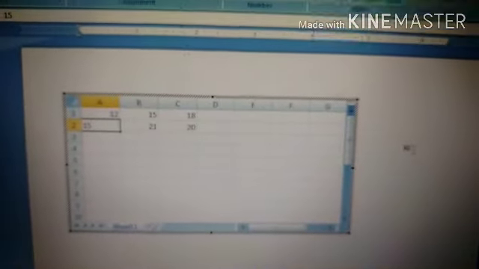I am entering some data in this. Wait for 1 second. After that, if you want to quit from this, you have to click outside this Excel sheet. Now we are in Microsoft Word.